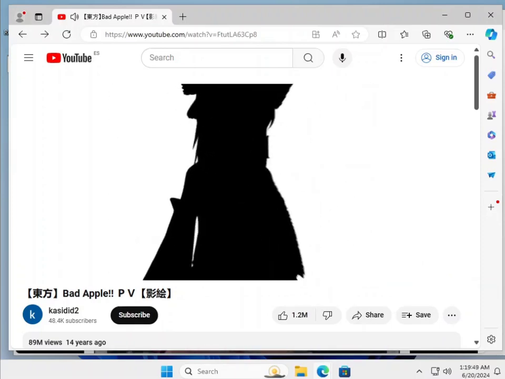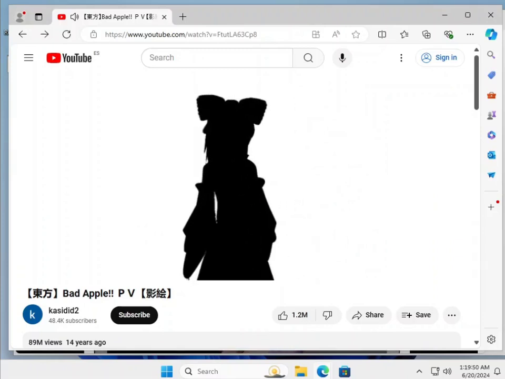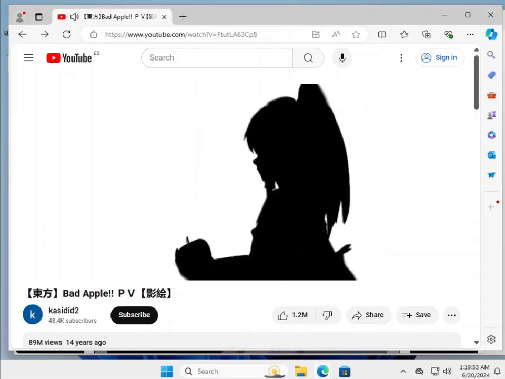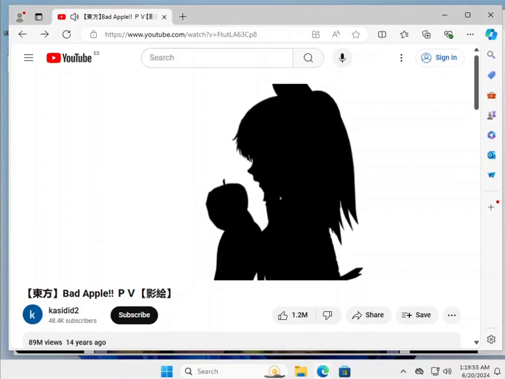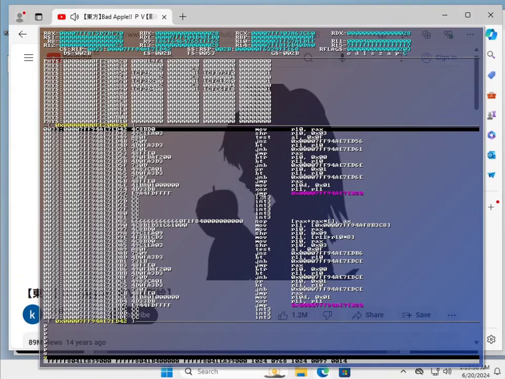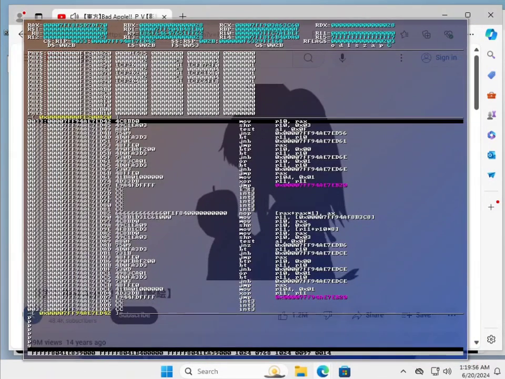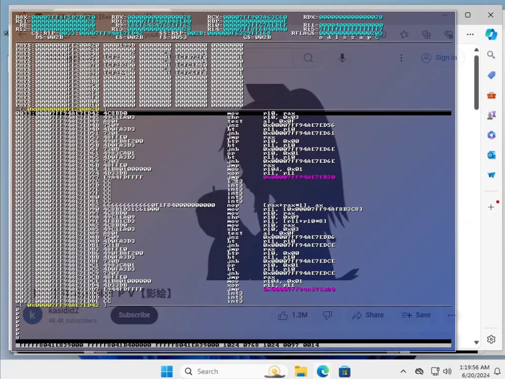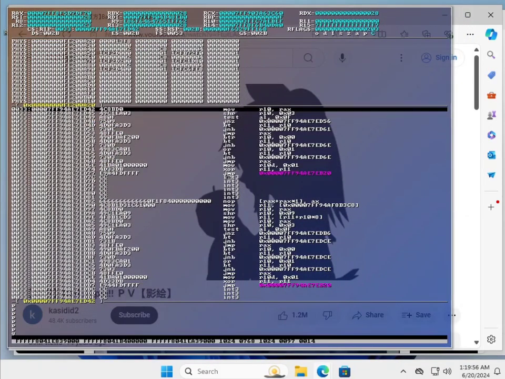So now the actual video starts. Is the well-known Bad Apple. And again, we can press Ctrl D and we freeze the execution of the machine. By the way, you can see that, for example, if I move with Ctrl Alt and the cursor, I move the window a bit, you can see that the clock here